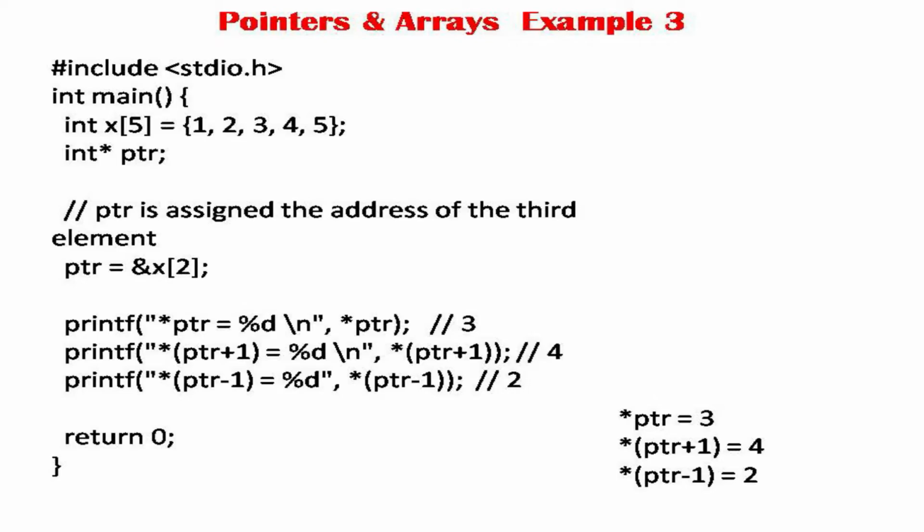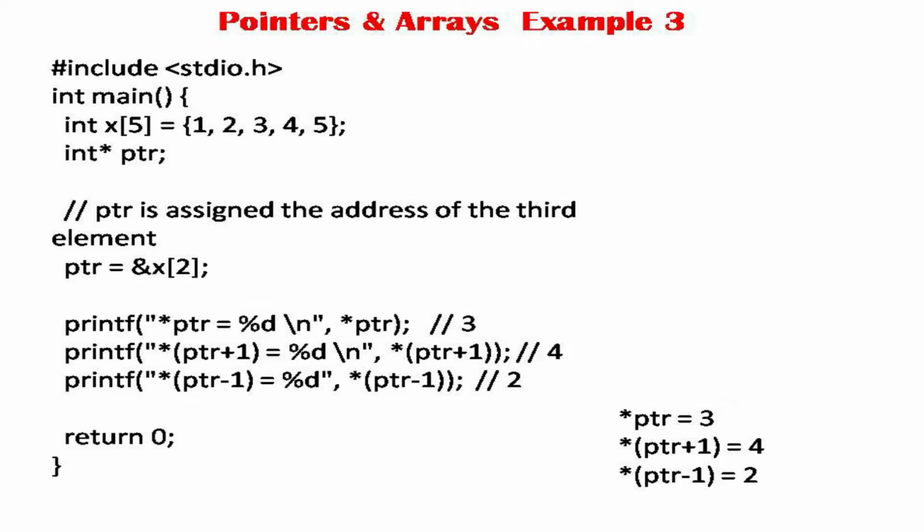Now look at those printf statements. The address of x sub 2, that means the value over there is 3, isn't it? x sub 0 is the 0th element, so looking at the 0th, first and second element, x sub 2 is talking about the second element in the array. Actually it is the third element. Got it? Now look at the first printf statement. If you say star ptr, what will it print? The value where ptr is pointing. ptr is right now pointing at x sub 2, so the value over there is 3. It will print 3. Next one, it will print 4.